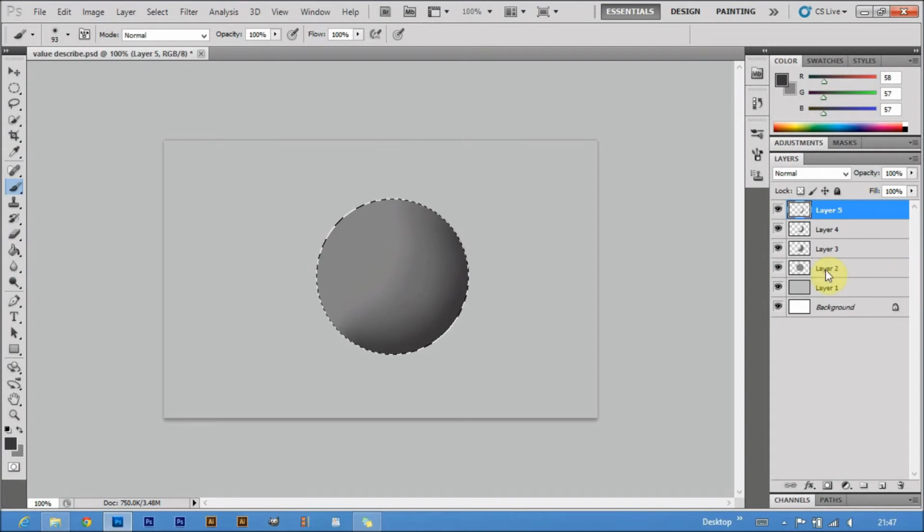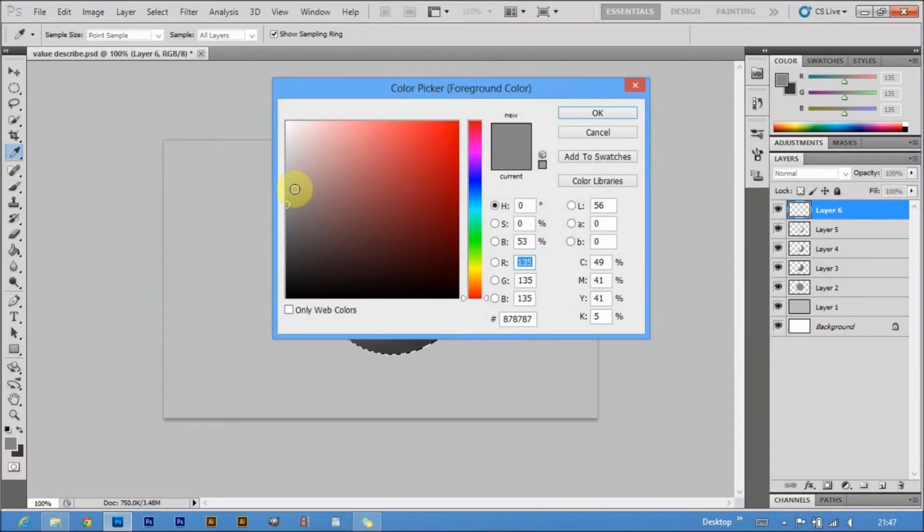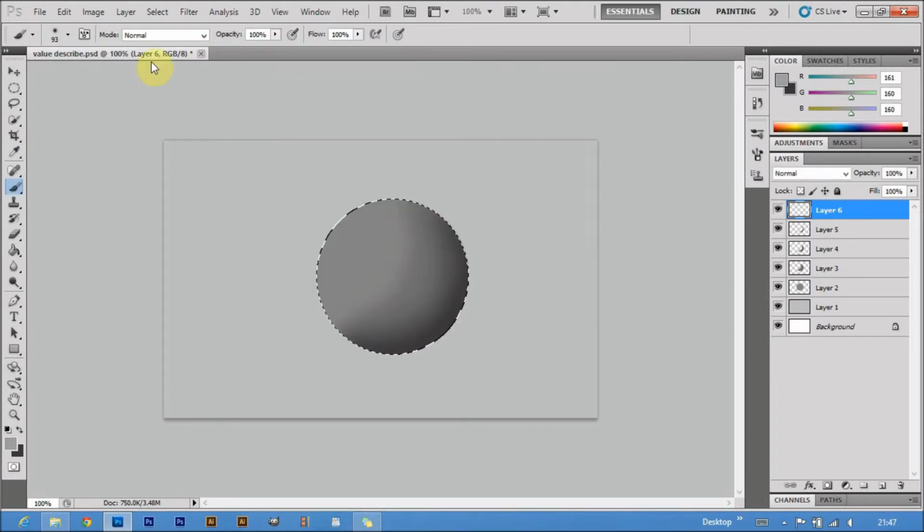Now we are going to work on the light side. Make another layer on top of it. Take the base grey color, that is 878787, and change the color shades towards the lighter side for different shades. Now I took a lighter shade, A1A0A0. Again I took an arbitrary shading color. To make the color uniform, you can choose A0A0A0 and brush gently on the light side.